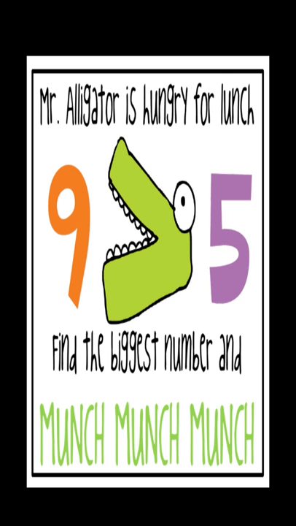So where can he open his mouth, towards the number 5 or number 9, towards the lesser quantity, lesser number, or the greater quantity and the greater number? Obviously Mr. Alligator is hungry and he wants to eat more food, he wants to eat the greater number, biggest number. So he can open his mouth towards the greater quantity, the greater number. Which is the greater number in them? Obviously number 9 is greater, so he can open his mouth towards number 9.